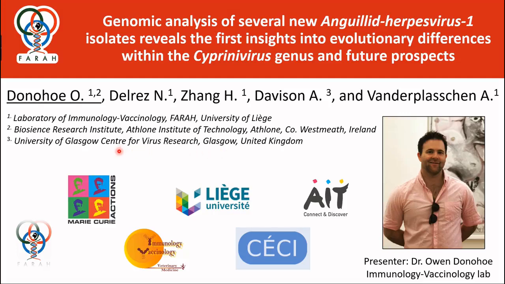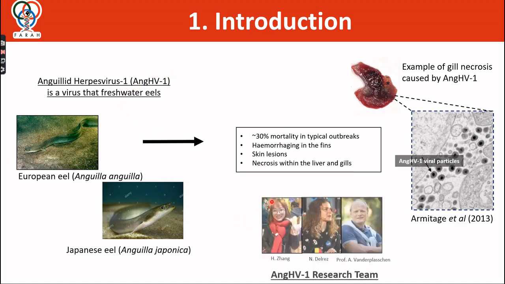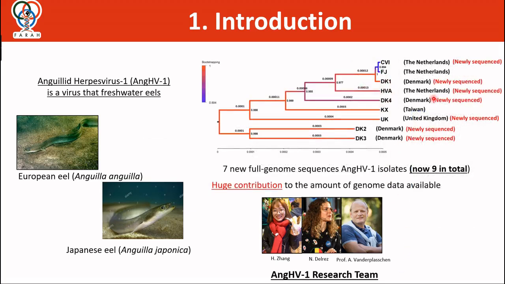So in this talk, I'm going to briefly summarize some results from a side project that I became involved in earlier this year. And this was focused on anguillid herpesvirus 1, which is a virus of freshwater eel species. In our lab, this is primarily studied by Hayin and Natasha under the guidance of Professor van der Plaschen. And they've generated a substantial amount of full-length genome data, giving us a great opportunity to make the first comparisons